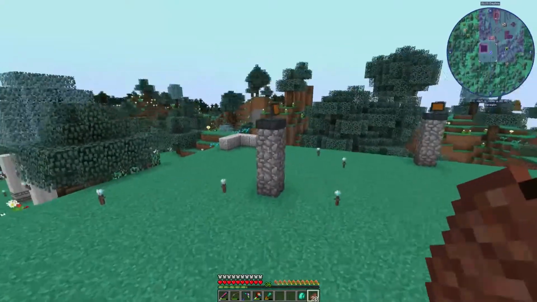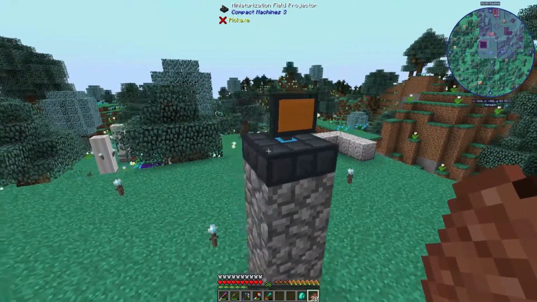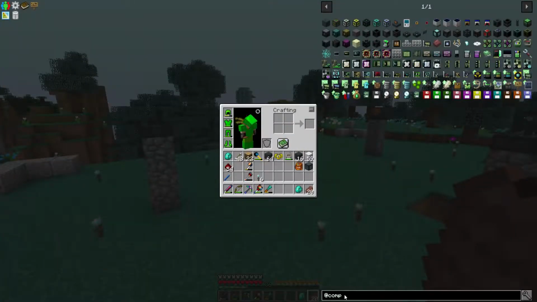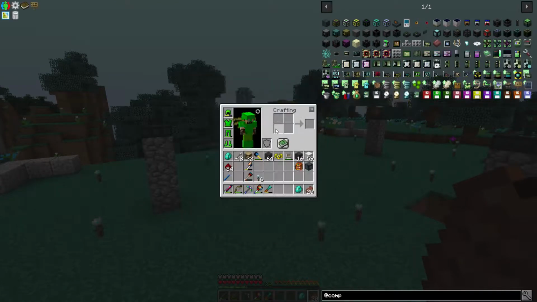So up here I've set up these little miniaturization field projectors. Okay, so they're from the mod Compact Machines, and if you look at here, they're really easy to make. They need this personal shrinking device. I say easy, but at this stage they're really easy to make, and this personal shrinking device is really simple as well. So we need one of those anyway, but so I've made 4 of those, and the way you